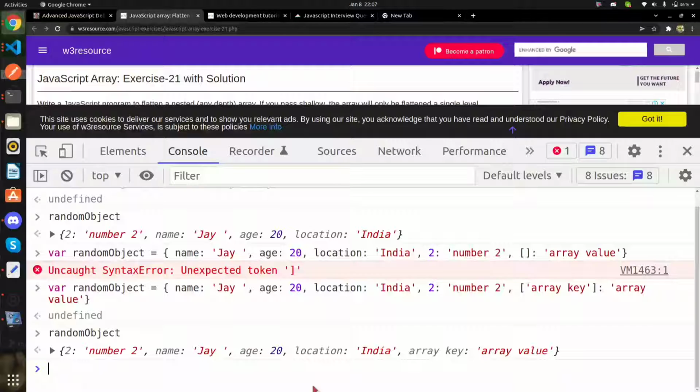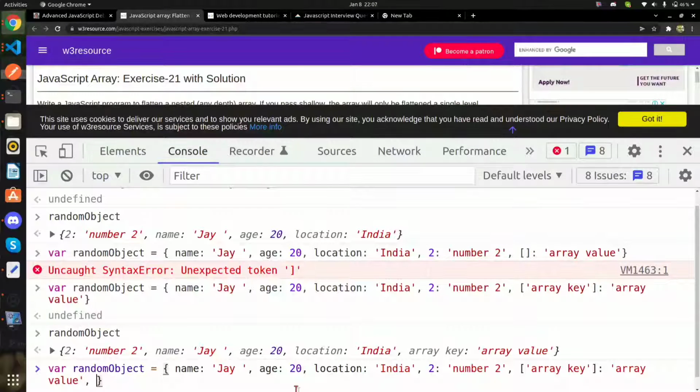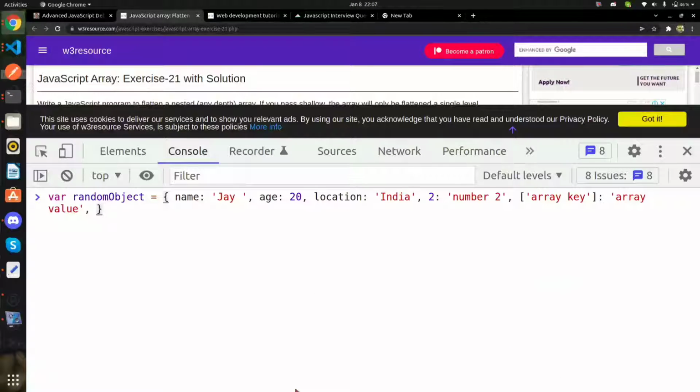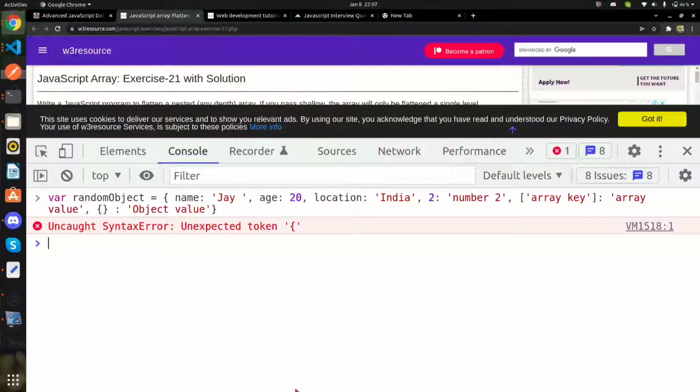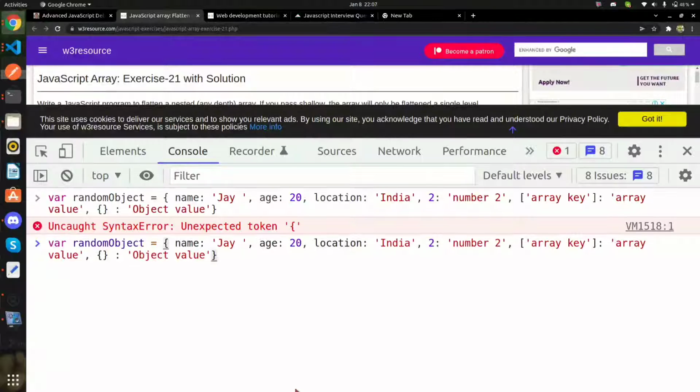Okay, it gets converted directly, and then finally we can have an object, and have its value. Now again it might throw an error. Yes, I was confident about this.